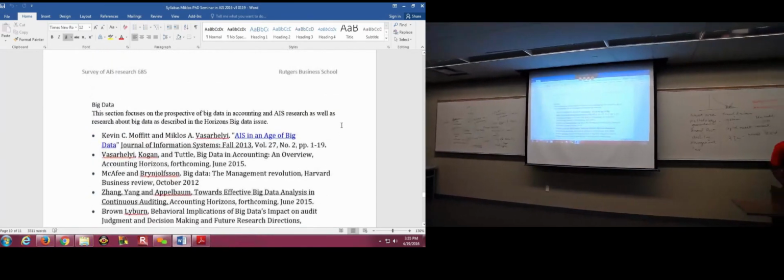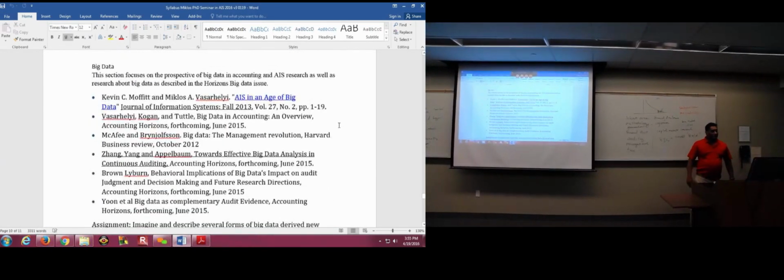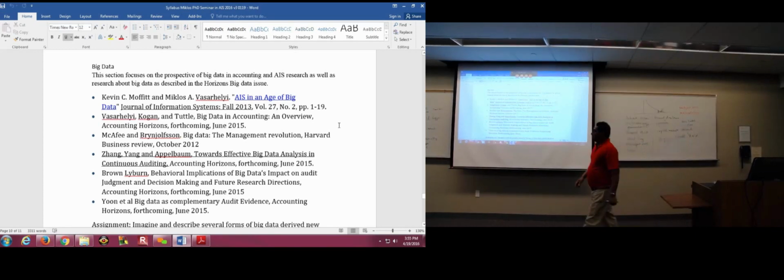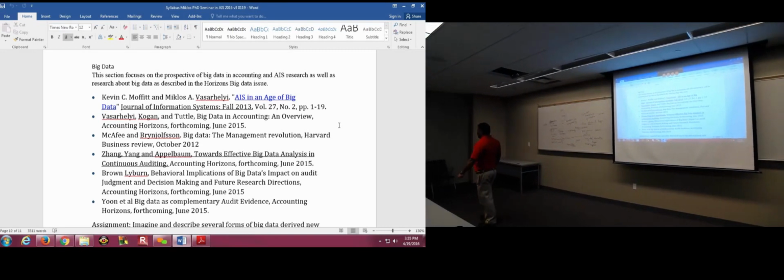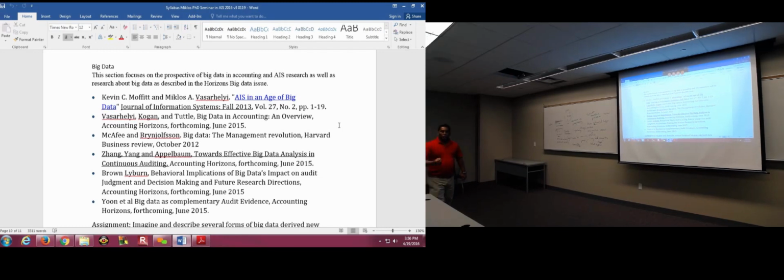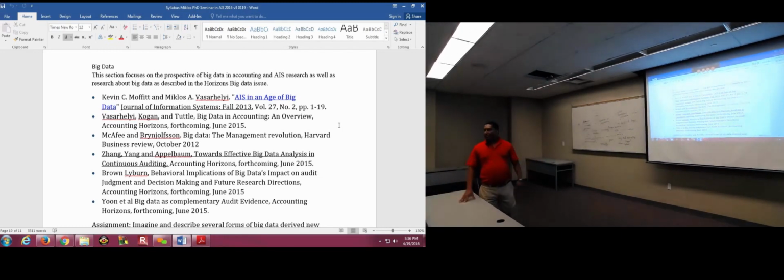Okay, and big data, that's a new topic, all right? A lot of what happens in any field is that you look outside the field, see the latest developments, and bring them in. The seminal Ball and Brown paper, which you may have come across, took capital market research and regression analysis that was being done in finance and applied it to accounting. And that's been continuously true.